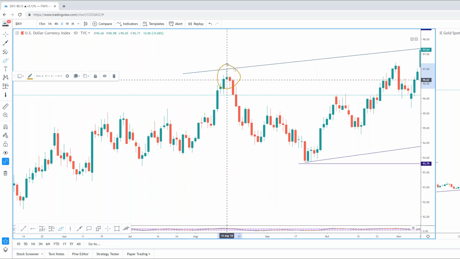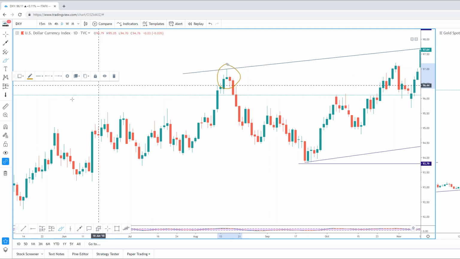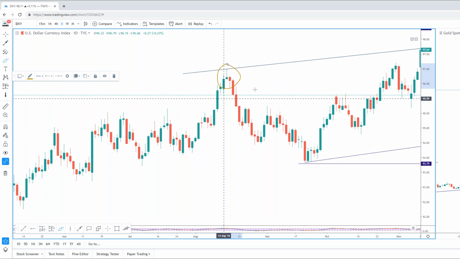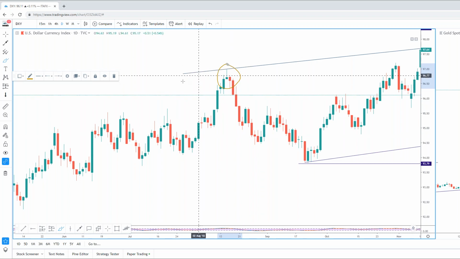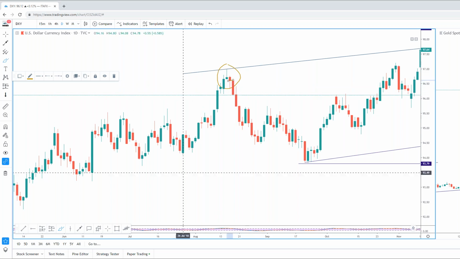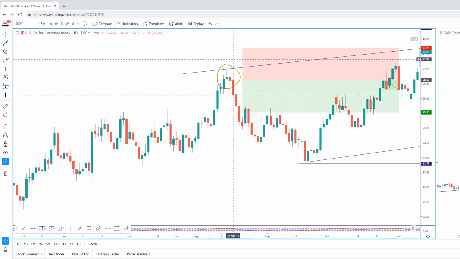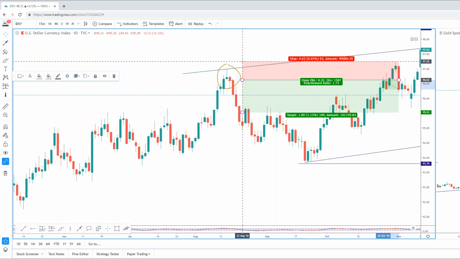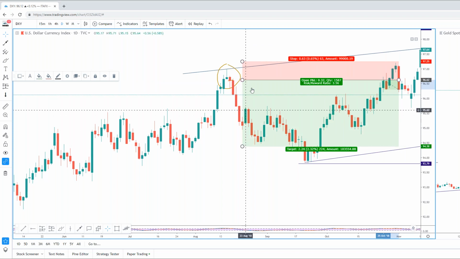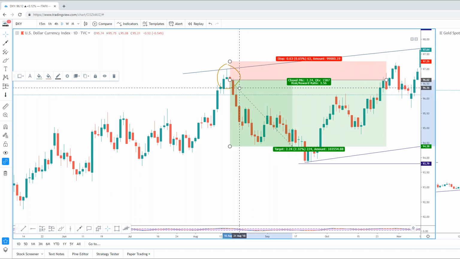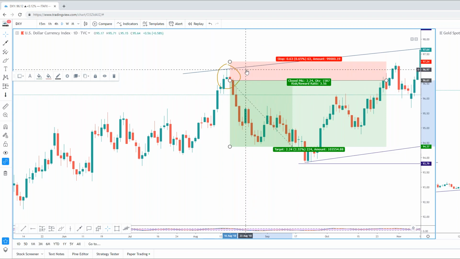If we're looking to take this short combined with everything else, which we wouldn't have taken unless it was the completion of the market structure, but just for now we've got the price action in its purest form, and then we've got the close of this candle here. That's where we'd be looking to take this short. So let me give you a better visual. Don't worry too much about where I'm looking at the stop loss at the moment. I'm not actually worried about that. I'm just focusing primarily on where we would have got into the trade. So we would have got into the trade there if we were trading price action in isolation.